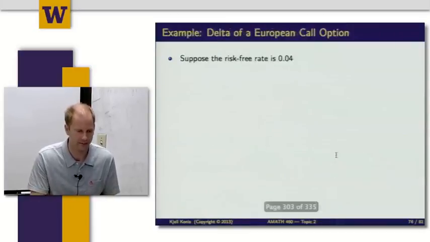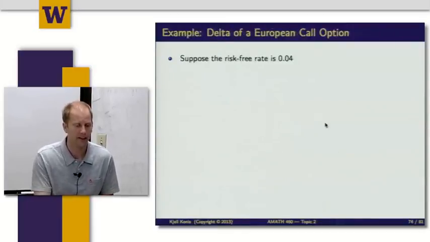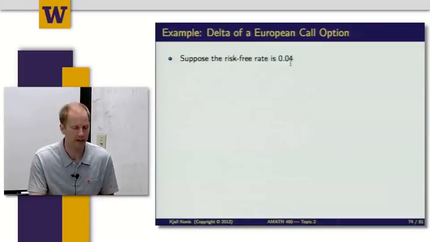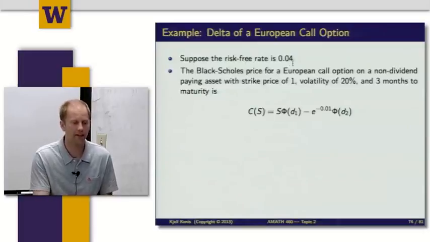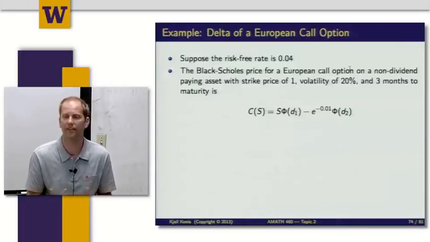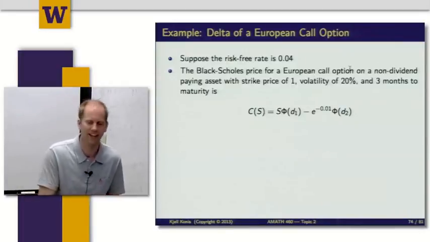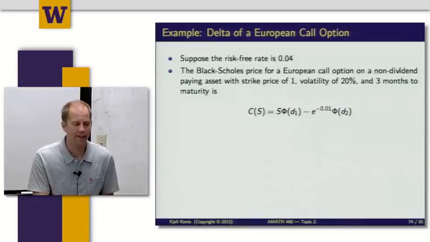And let's see if we can put that to work. So I'm going to look at something called the delta of a European call option that I'm going to price using the Black-Scholes formula. And so the Black-Scholes price for a European call option, so this is the simplest possible one to look at, on a non-dividend paying asset, so this could just be a stock, for instance, with a strike